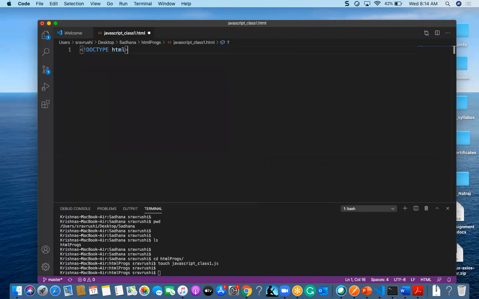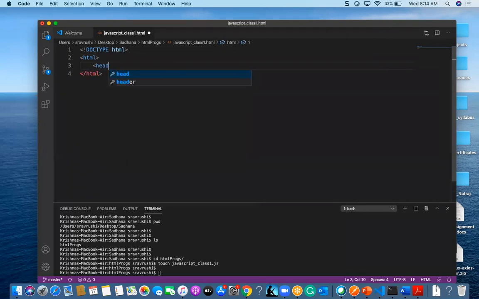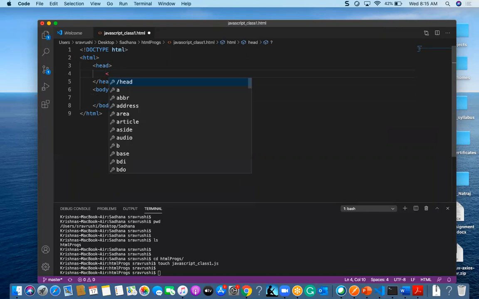Doctype, right? And the second one is html. In this html we should have one head and also one body. In the head tag I am going to give a title, some JavaScript class one.